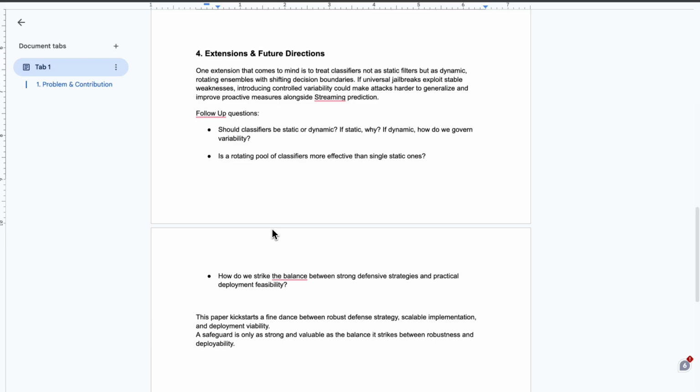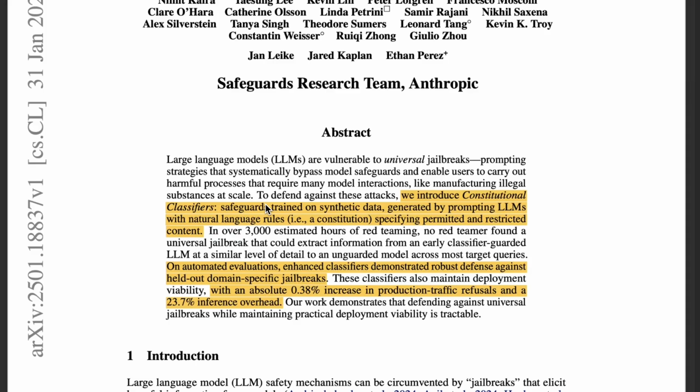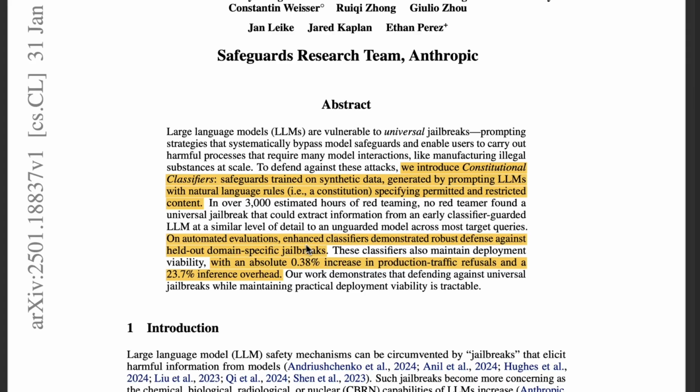Also, a safeguard in and of itself is as strong and valuable as the balance it strikes between robustness and deployability. Robustness is how well it protects us. Deployability is the actual usage, because if you have a safeguard that is very, very good, but it can't be deployed, then it's not valuable to the labs or organizations that built this model. So that's the interesting thing so far from the first 3 sections of this paper, and it's quite exciting. Going through some of my highlights from the paper, it was trained on synthetic data, with automated